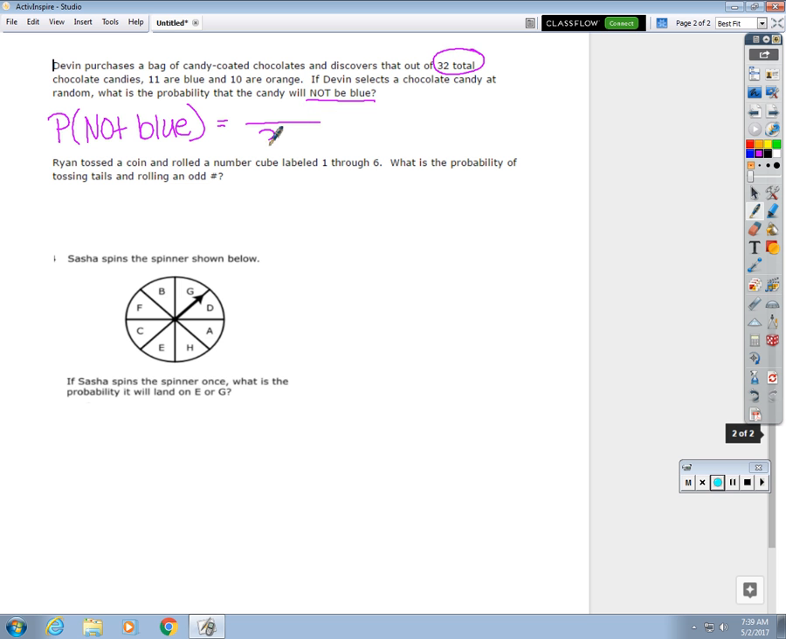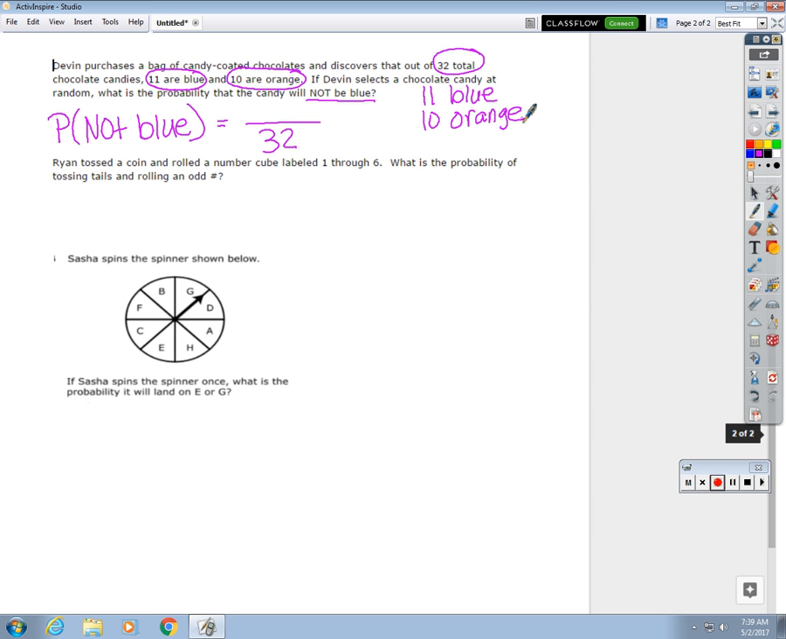And our total is 32. So there are 32 candies in that bag. And if you look at the problem, it says that 11 are blue, which we are not going to be including, and 10 are orange. Well, if we have 11 blue and 10 orange,